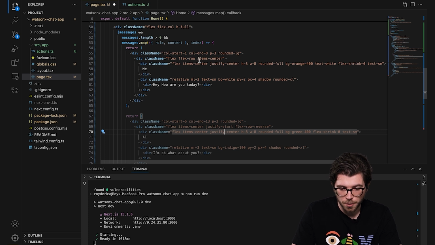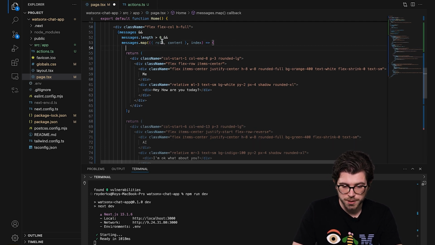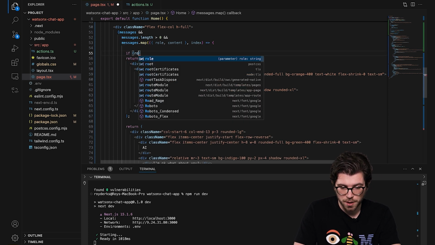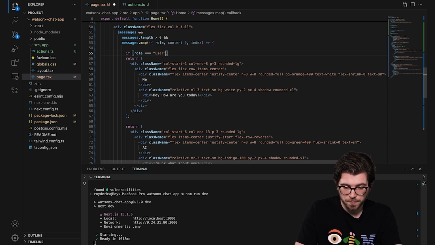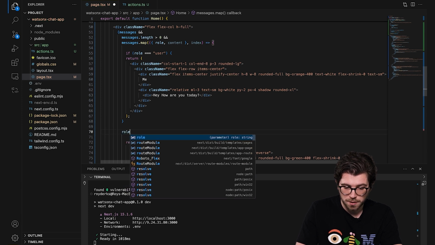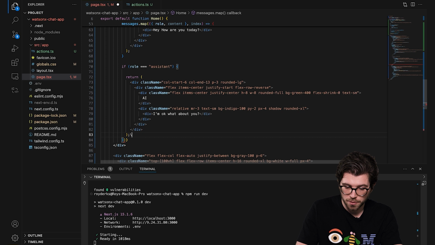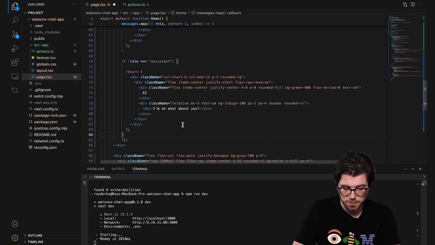And then the final bit we need to hook up here. We need to check what the role is. So the role of a message determines whether it's rendered on the left or on the right in our application, and it also depends which label is being shown next to the message. I can check for messages here. So if role is equal to user, I want to return this first message. If role is equal to assistant, which is the large language model, then I want to render the second type of message. So these roles are pretty important in order to make sure that we return the correct message.